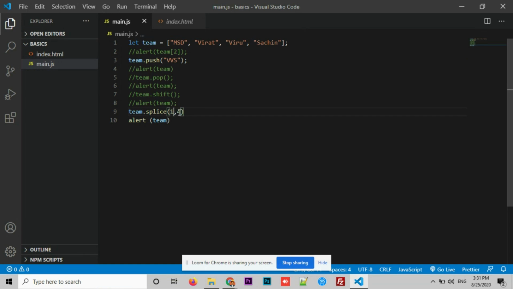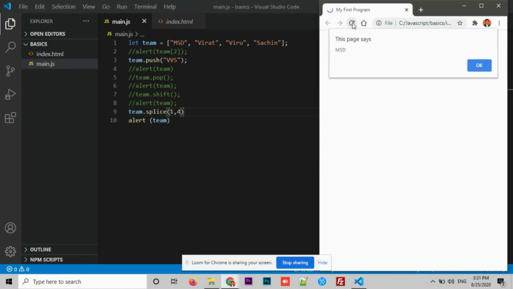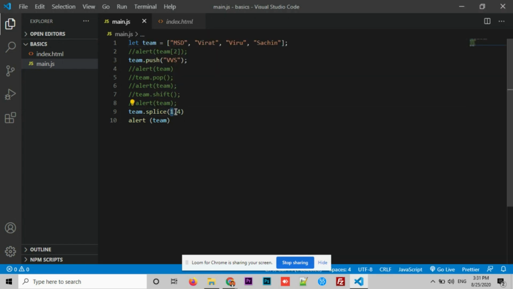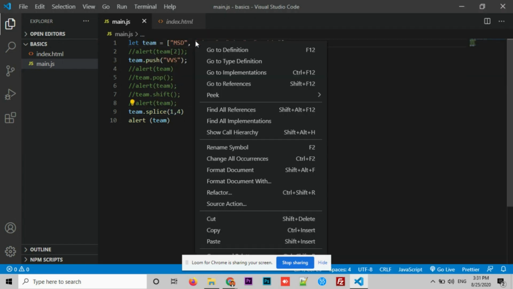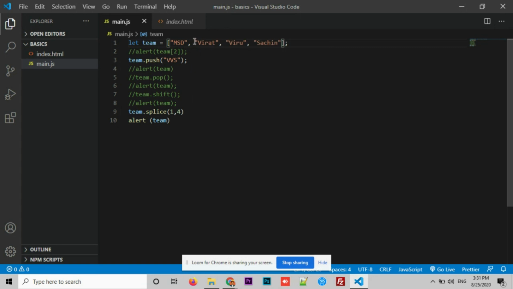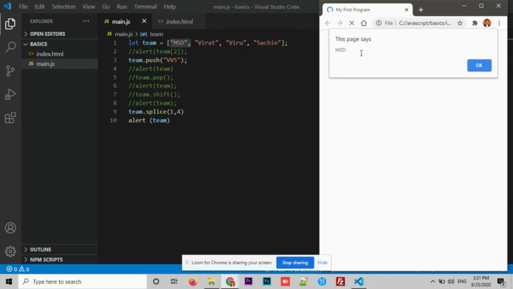I change the index to 1. Why MSD here? Because I started with 1, you can see right from the first element, 4 elements got removed: 1, 2, 3 and the 4th one is VVS. Only MSD got displayed. You can see it here. This is all about arrays in JavaScript.